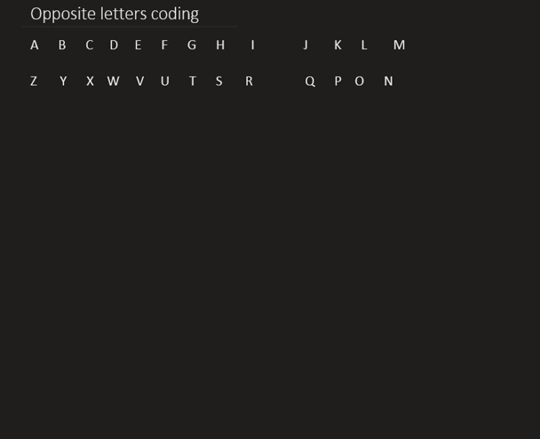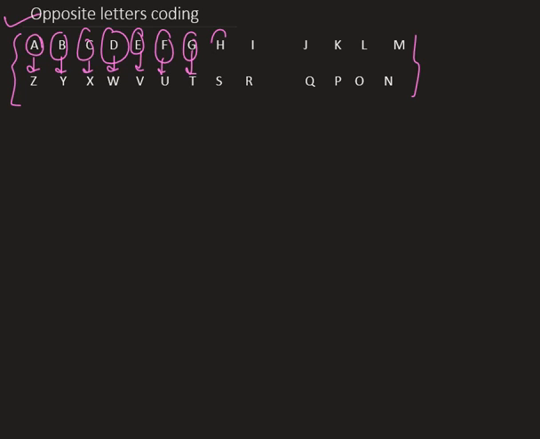Hello, today's topic is opposite letters coding. We already know that the opposite letter of A is Z, the opposite letter of B is Y, the opposite letter of C is X, the opposite letter of D is W, the opposite letter of E is V, the opposite letter of F is U, the opposite letter of G is T, the opposite letter of H is S, for I it is R,